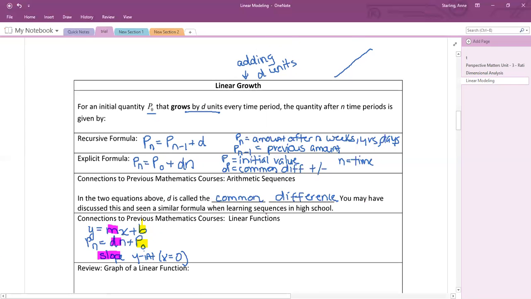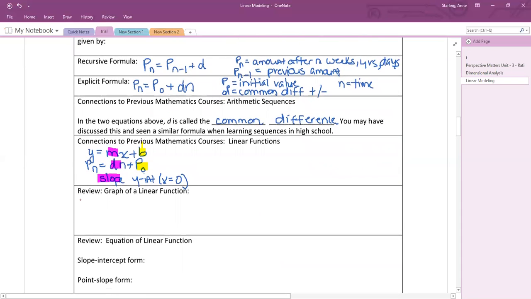So then if we review graphing, when you had y equals mx plus b, say for example, you had y equals 2x plus 1. Where you started was at that 0 comma b, and then you went up by the slope, 2 over 1, 2 over 1, and drew a line. That's the exact thing